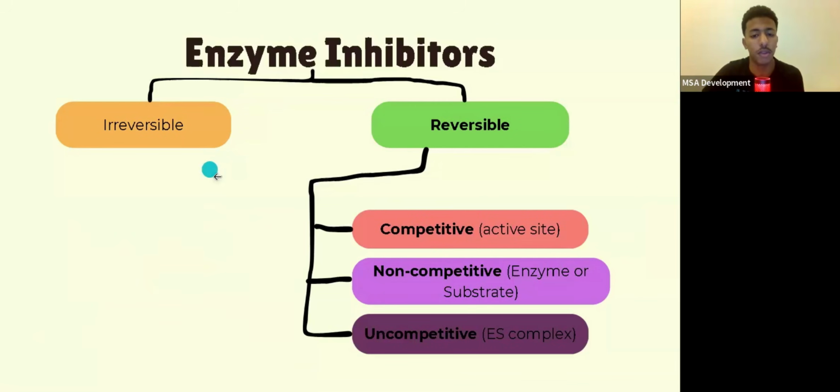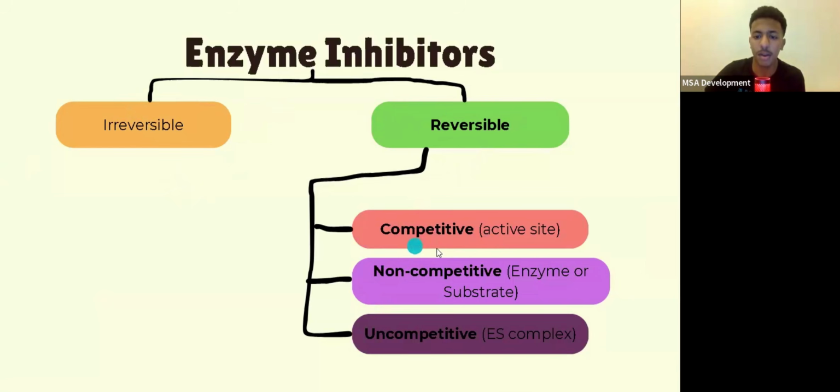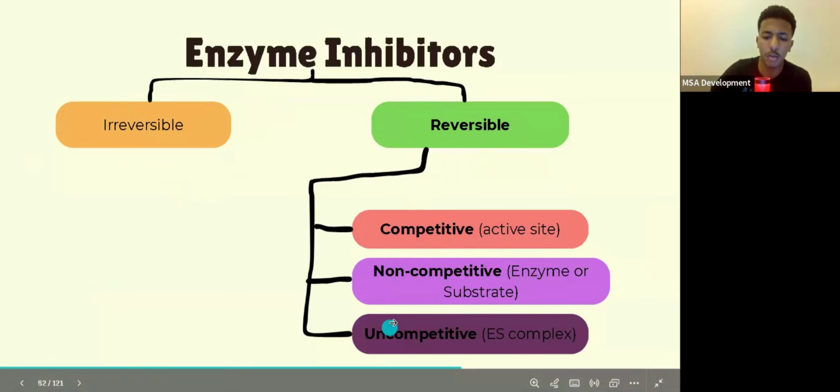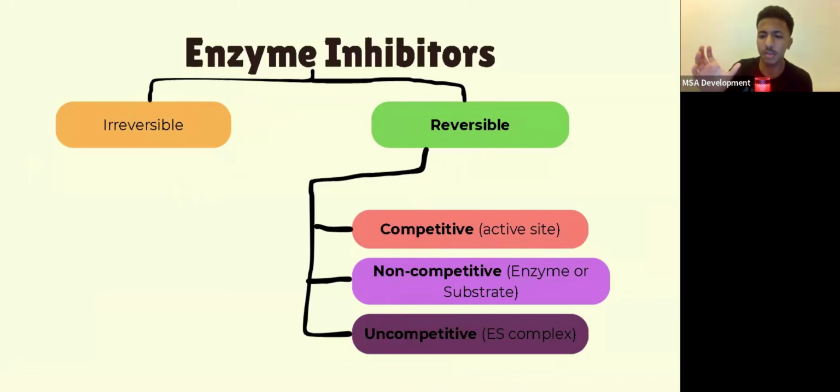Now we have a couple of enzyme inhibitors, irreversible class, and then reversible. The reversible class is subdivided into 3. Competitive, where the inhibitors bind to the active site. Non-competitive, where the inhibitors bind to the enzyme but not the active site, or they bind to the substrate. And then you have uncompetitive, where the inhibitors wait for the substrate to bind to the enzyme, and then they